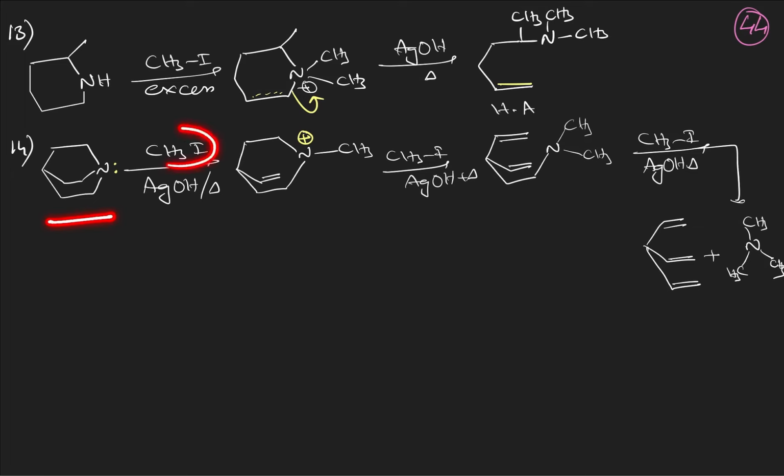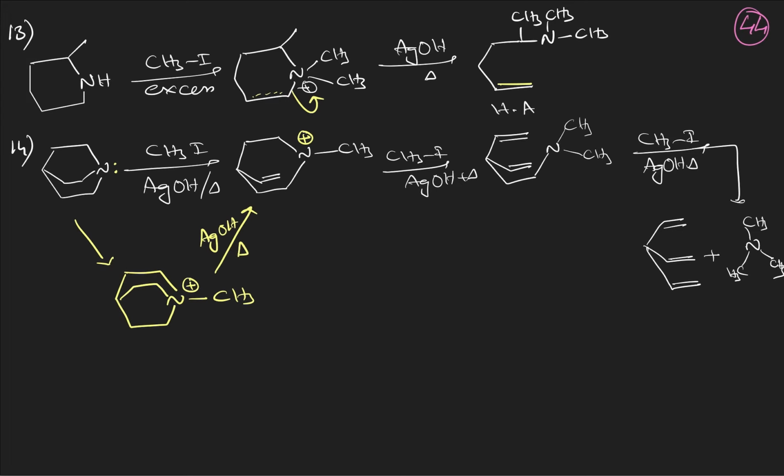This in presence of alkyl halide will form quaternary ammonium salt like this. And this quaternary ammonium salt in presence of AgOH followed by heating, there will be a removal of,